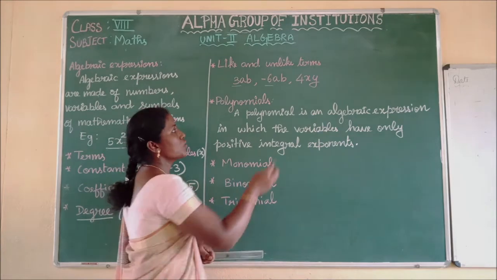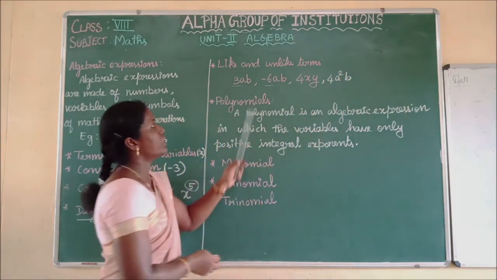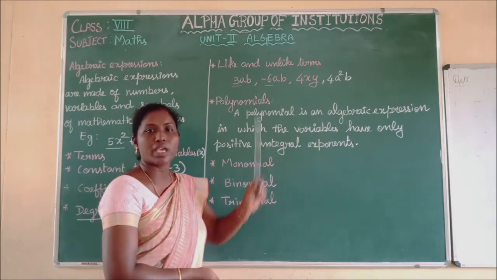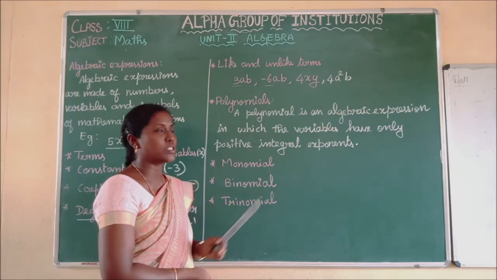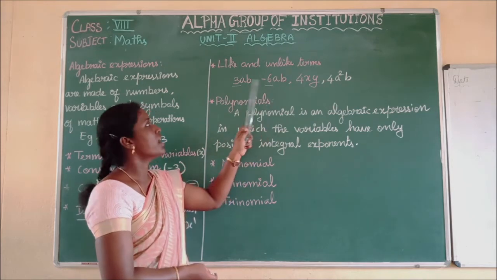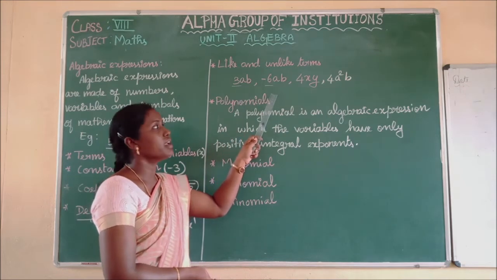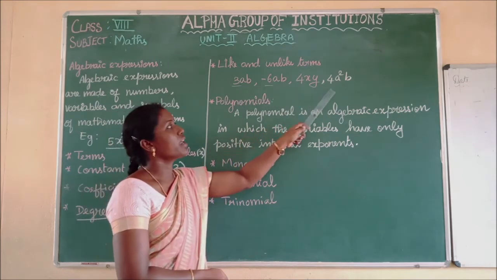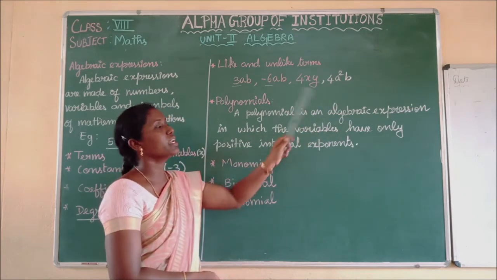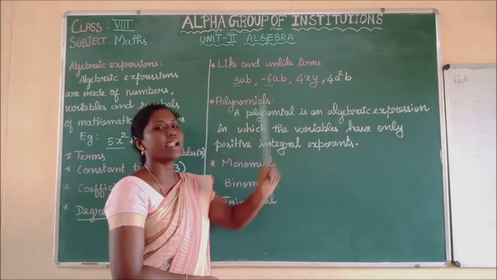So for example, if I have here 4a square b. Whether 3ab, minus 6ab, 4a square b are like terms, here also ab, here also ab. No, we have to see the power also. So among these 4, the first and second terms are like terms, having the same variable AB and the same power also. No need to compare the coefficient for like terms. Here we have the next 2 terms. They are called unlike terms because they are different in their algebraic factors and also in the variable.